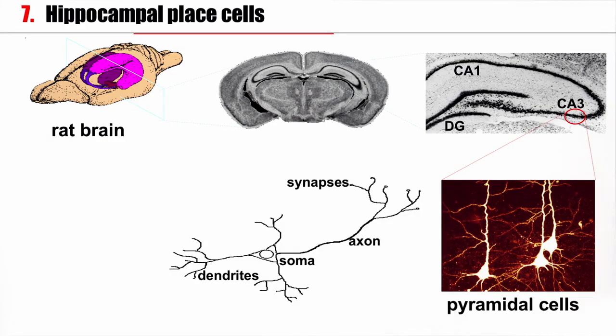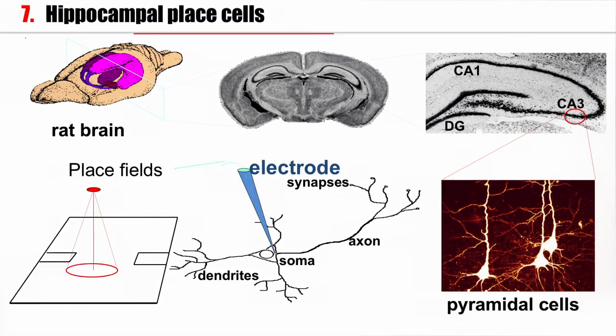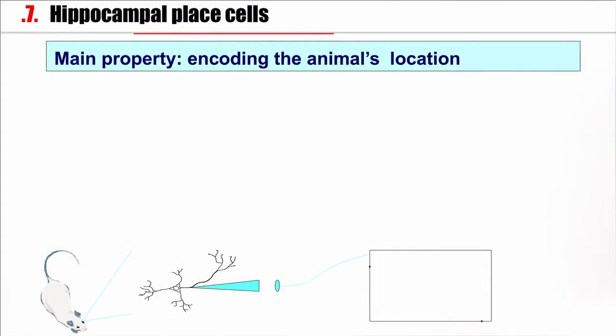You can record with an electrode close to the soma, and then what you see is that while the rat runs around, this one cell from which you record will always respond if the rat is in a certain region of the environment. So this cell has a place field. The way you measure this is